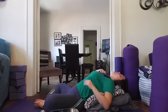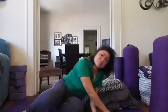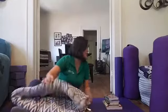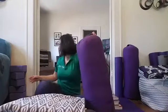And then slowly bringing yourself up, and again, you want to turn over to one side before you get all the way out of this position. So then slowly inching your way back up to seated position. And then you can do this position with a bolster. And so grabbing the bolster with your blocks or a block,